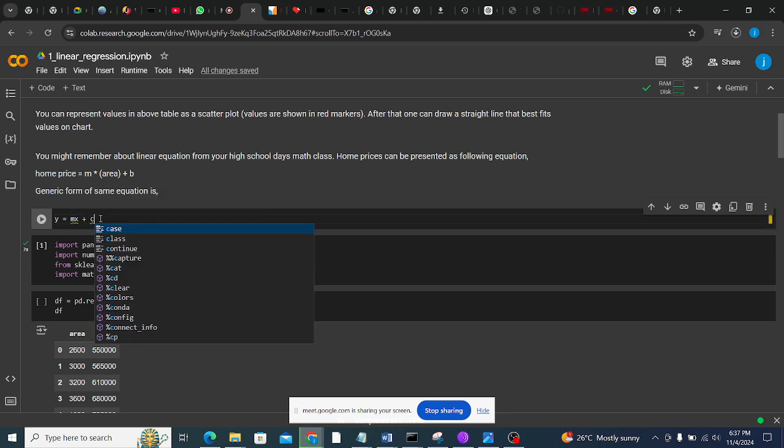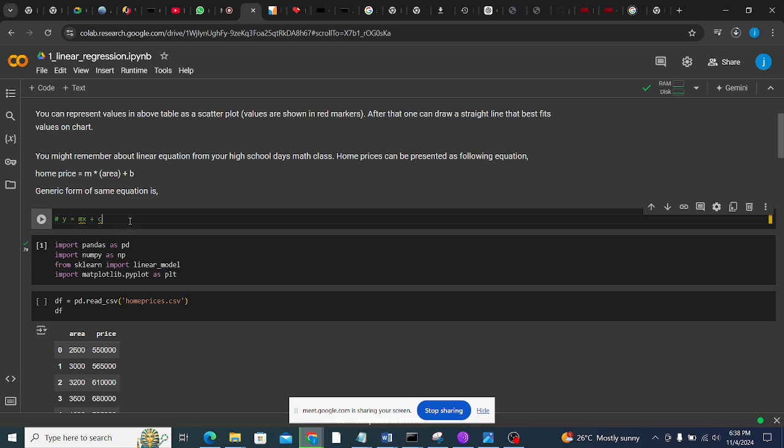Most of us are familiar with this equation, right? Dickens, have you ever seen this kind of equation? Is there any person who is not familiar with this equation, that is y equals mx plus c? I think this is an equation that you did in basic maths,